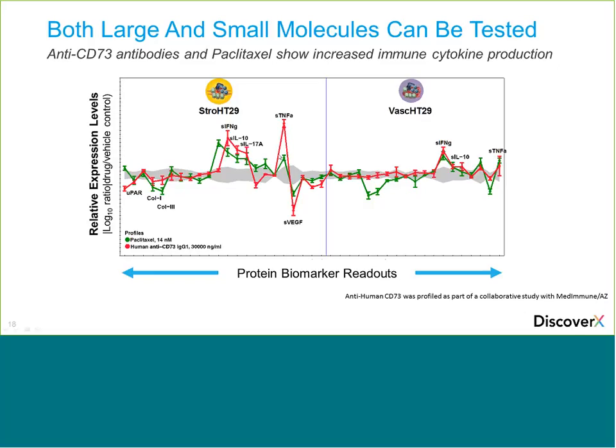Again, in this case, we see an increase in cytokine activity both in the stromal and in the vascular system, indicating a restoration of the immune function or immune activity in these systems in the presence of the drug molecule. Interestingly, although the patterns are quite similar between the anti-CD73 and the pembrolizumab drug from the earlier slide,